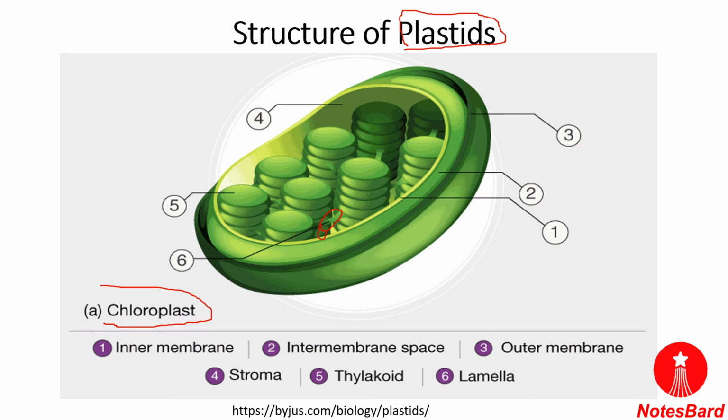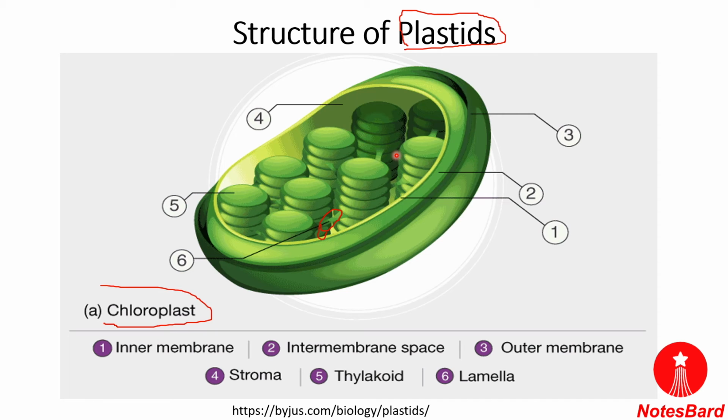The size of the chloroplast usually varies between 4 to 6 micrometers in diameter and 1 to 3 micrometers in thickness. They are double membrane organelles, with an outer membrane, then an intermembrane space, and an inner membrane. There are two distinct regions inside a chloroplast, known as the grana and the stroma.